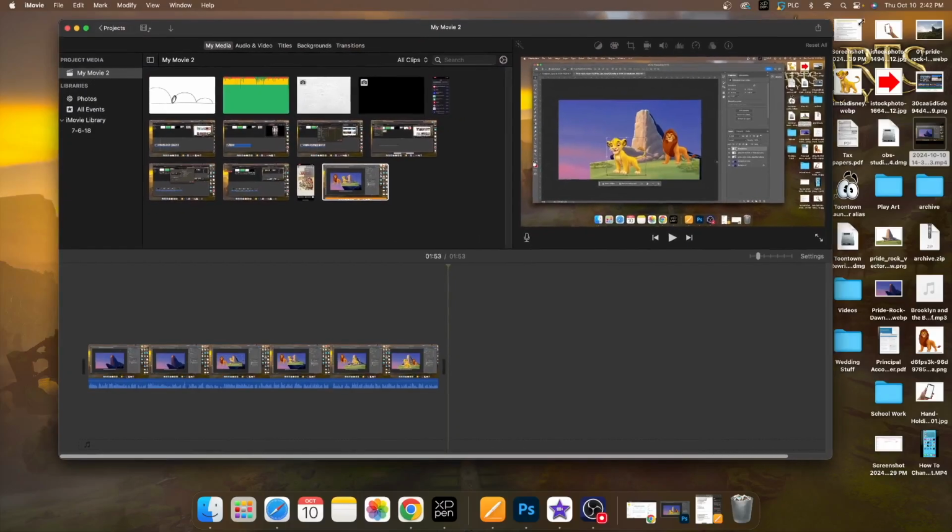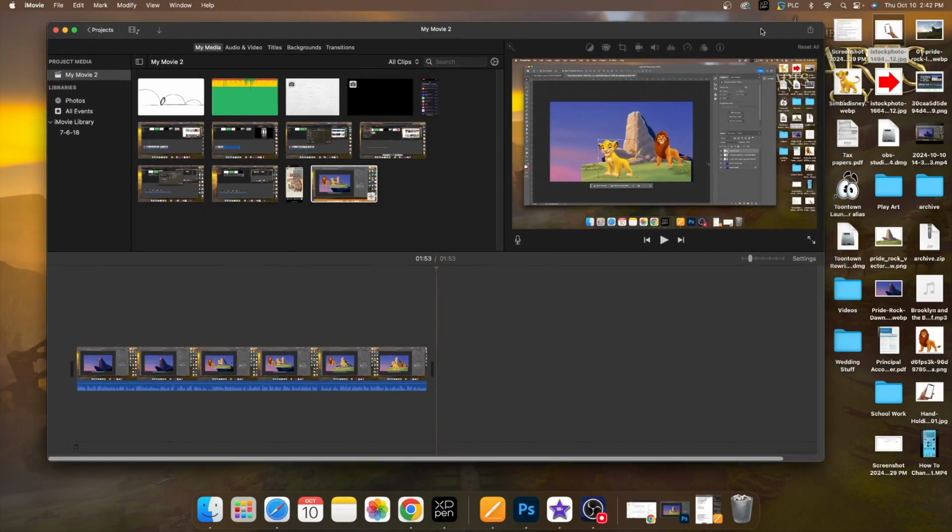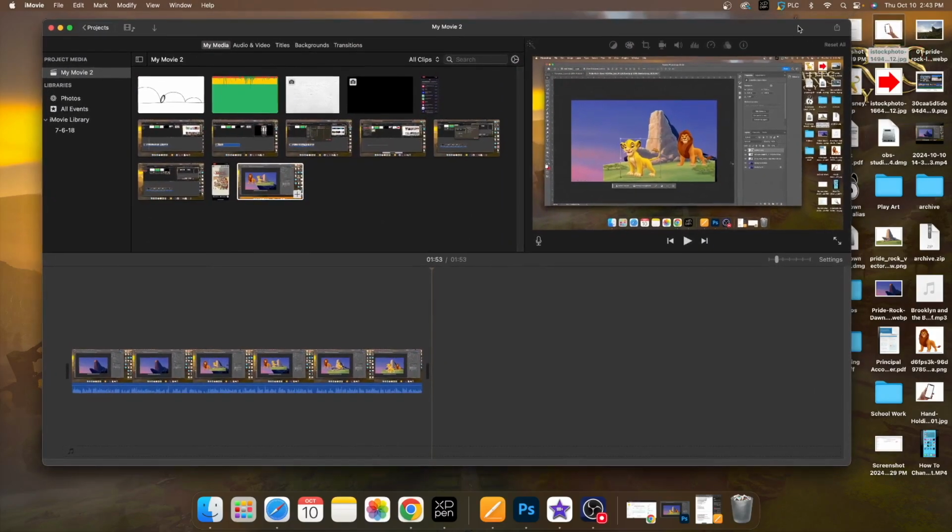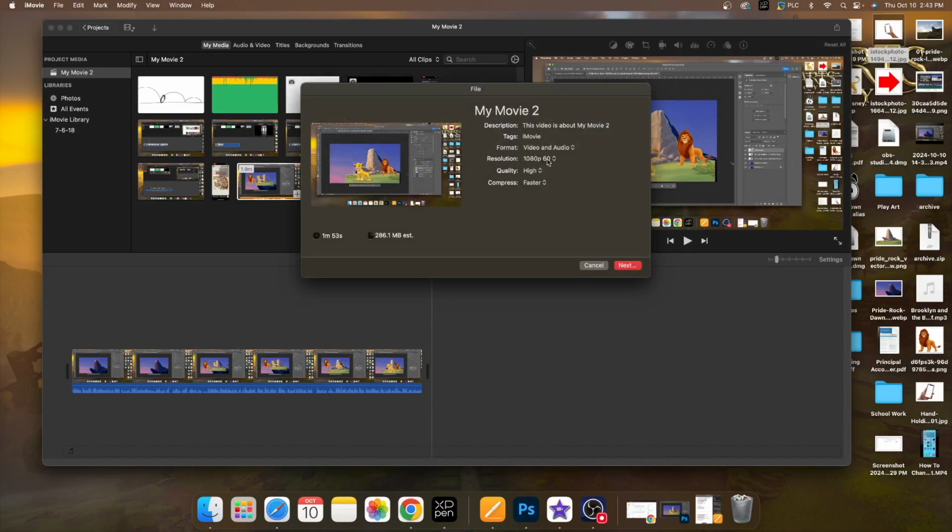In this video, I'm going to show you how to export your iMovie into an MP4. So really quick and really easily, it actually by default exports all of your files into an MP4 format. So you would just click your video, make sure you have all of your edits in, and go to the top right corner where the share button is, and you would go to export file, and here you could change